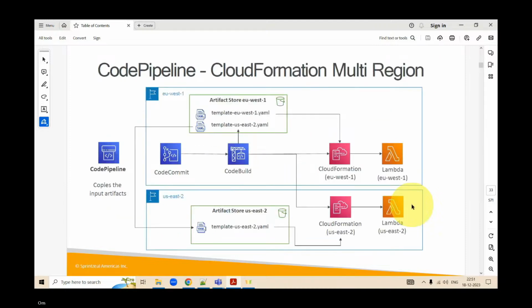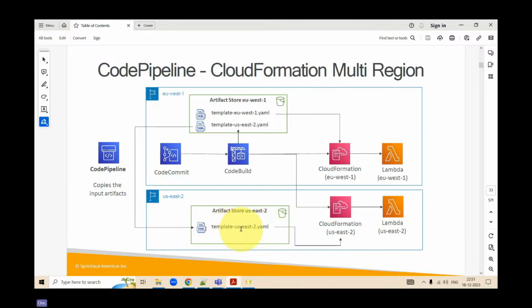Okay, so what I'm doing is, I have two S3 buckets. I am moving code and building that, storing it into one S3 bucket. From one S3 bucket, I'm taking the second buildspec.yaml file and copying it into a second S3 bucket in a different region.